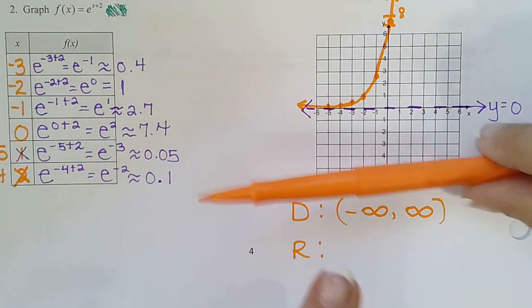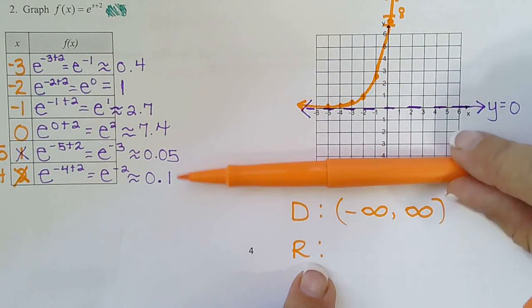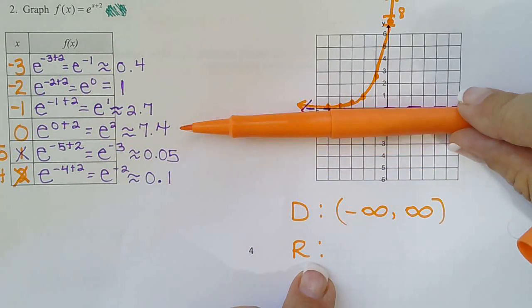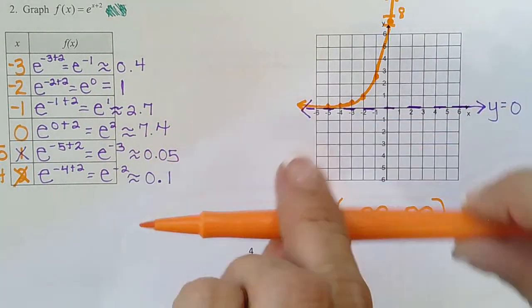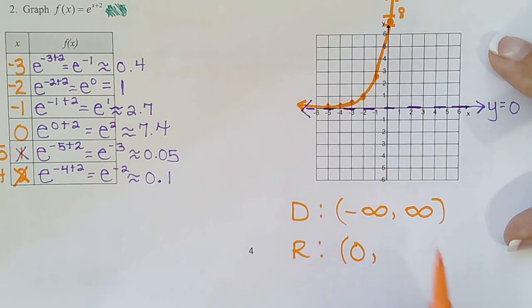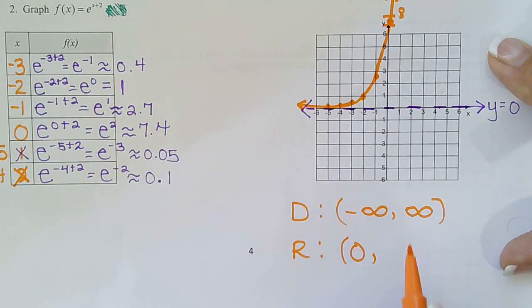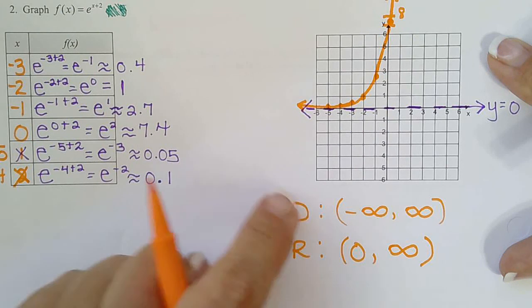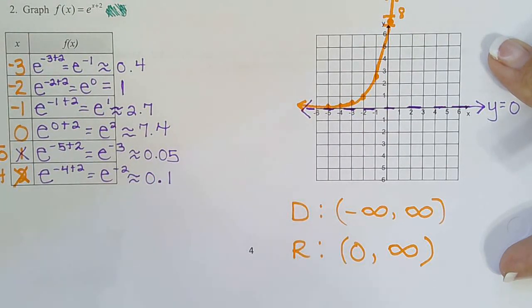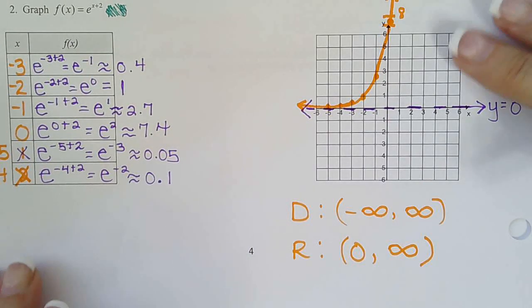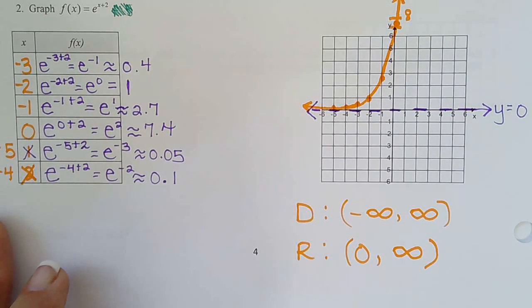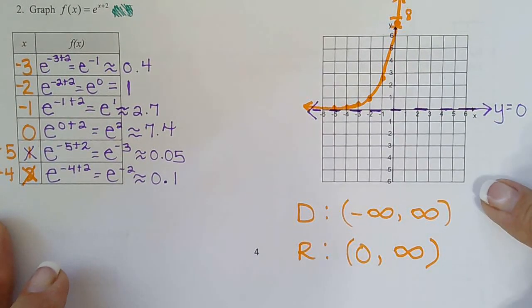The range is bottom to top, as we wrote on the one above, and the lowest y is 0, not included. Remember how we can't touch the x-axis, so we need a parenthesis. And the highest y goes up forever, so that's going to be infinity. And that will become the domain of the function we're getting ready to graph now. So this will be the domain, that'll be the range, because they're inverses, we flip x and y. So that's why I wanted to do that one. I just thought, oh, we didn't do that second one. So we'll pick up from